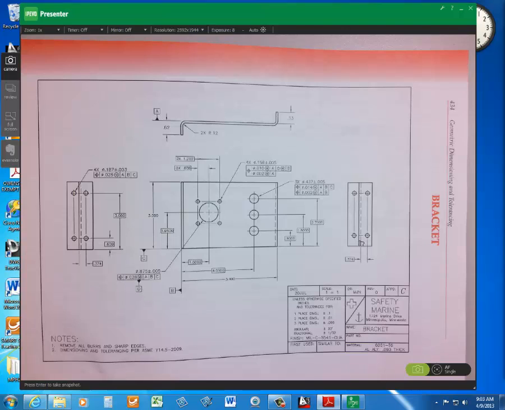Okay, remember? So at MMC, if it's a hole, at its smallest, that's max material condition. All right, so that would be 0.880, what you're looking at, right? That's the hole at its smallest. All right. So at its largest, which is least material condition,